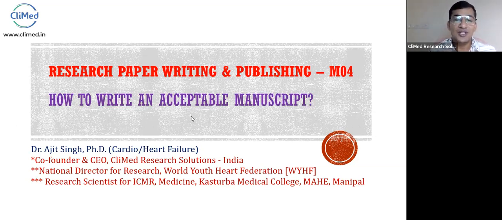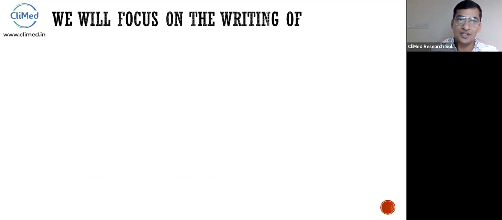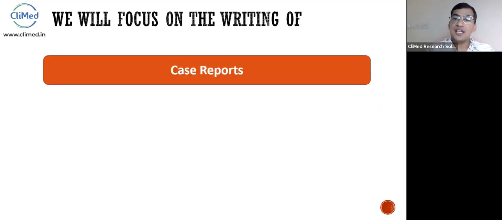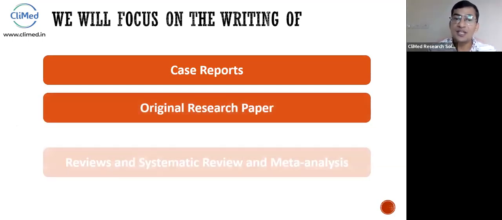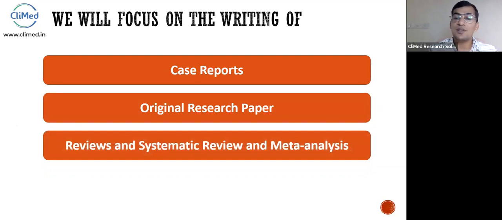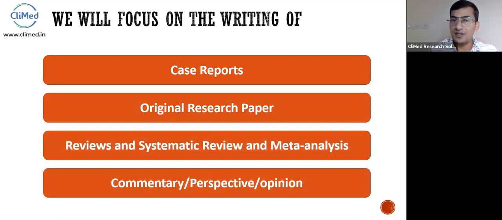So that's nothing but the acceptable manuscript, and I'll be describing the things in the upcoming slides. We are talking about how to write an acceptable manuscript. Today we'll be focusing on the write-up of case reports, and we'll be talking about original research papers, reviews, systematic reviews and meta-analysis, and commentary, perspective, and opinion. If you are thinking that I'll be describing everything one by one, no,